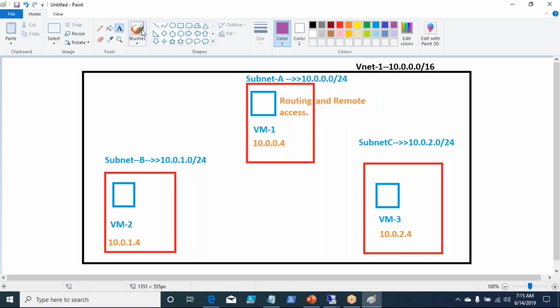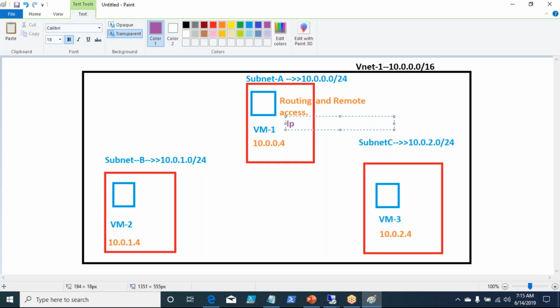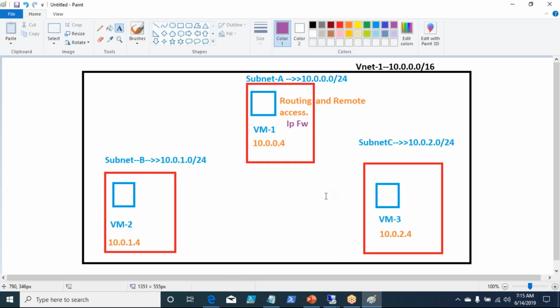And we also configure something called IP forwarding here, for this particular virtual machine.